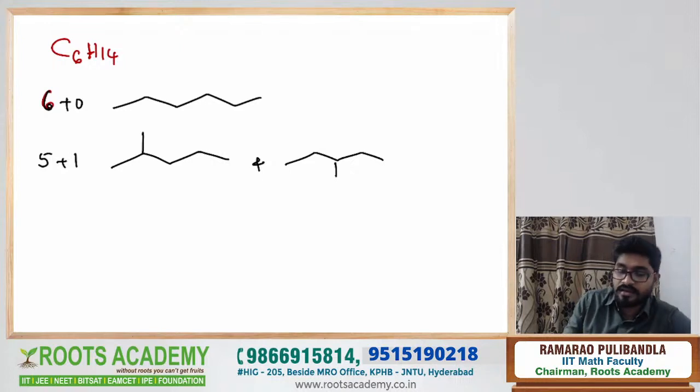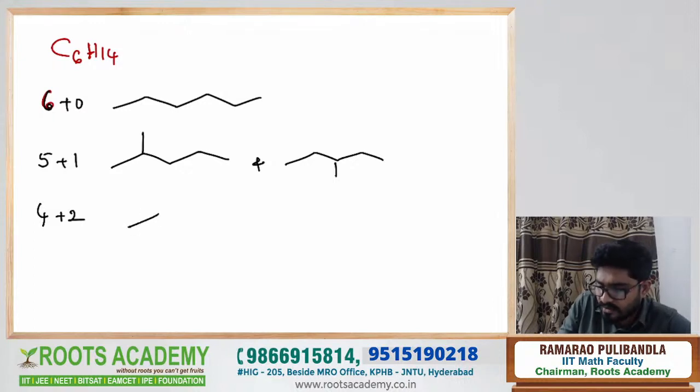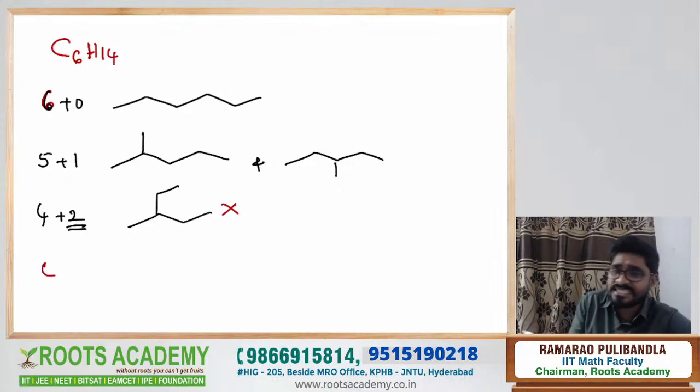Okay. And we can't keep here. If we keep, that's also the same. Next, 5 plus 1. We can take 4 plus, next possibility, 4 plus 2. If you take 4 plus 2, wherever you keep, either here or there, 2 carbon atoms, it is nothing but this only. If you keep here, it's nothing but this only. So that's why we no need to consider. Okay, already wrote. Now come to this 4 plus 1 plus 1. The 2 is there, no. This also you break further.